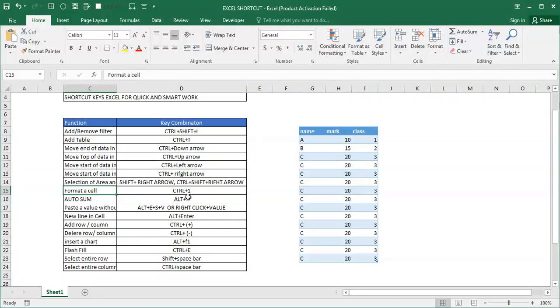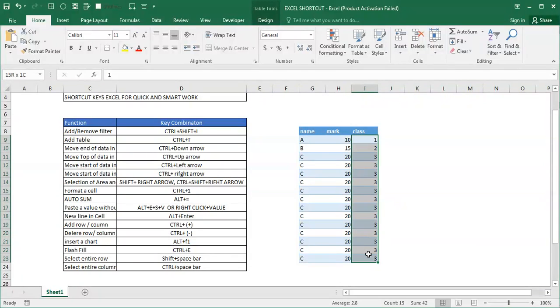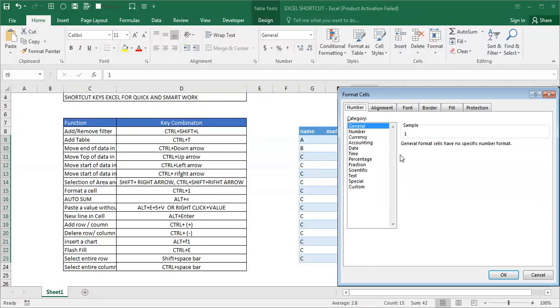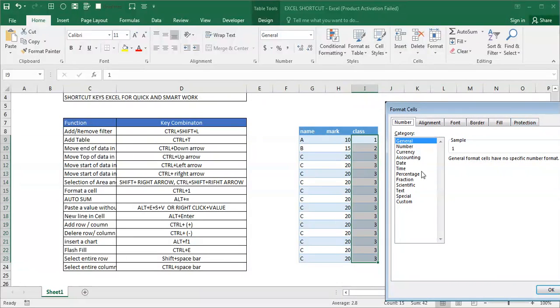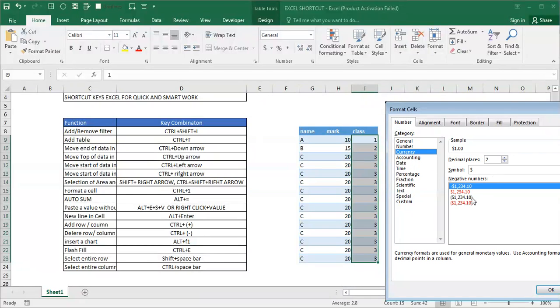Format cell. You want to change some format in this area, then you can press Ctrl 1 so that the format window will come. From here, suppose you want to change to currency or number or something, I will go for currency.